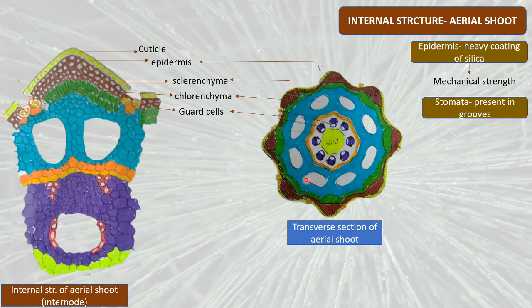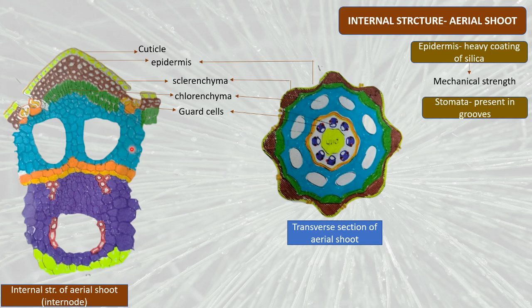This is the transverse section, and what you see is a part of this section, right? A part of this is this, and this is cellular, but this is not cellular. So a part of this is taken to magnify and make you understand, right? So the same labelings will go in both of these structures. Here there is cuticle present, epidermis is present, so here also there is epidermis. Now there is presence of cortex also, right? The cortex is divided into two parts: one is the outer cortex and one is the inner cortex.